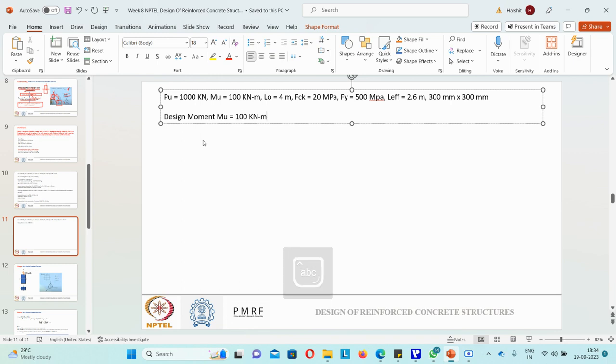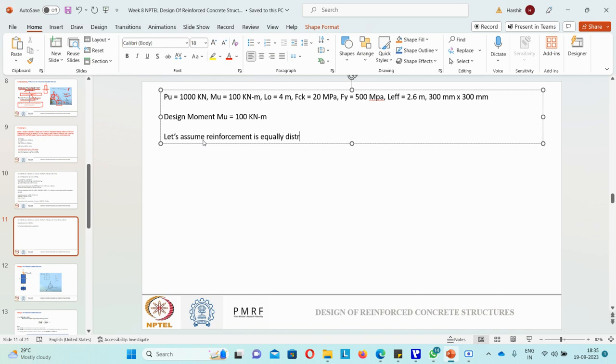Okay, so let's assume reinforcement is equally distributed along all four sides. Generally it should not be done since it is a uniaxial column, so our reinforcement distribution should be mostly away from the axis along which the moment is acting. But for now, let's assume reinforcement is equally distributed on all four sides,